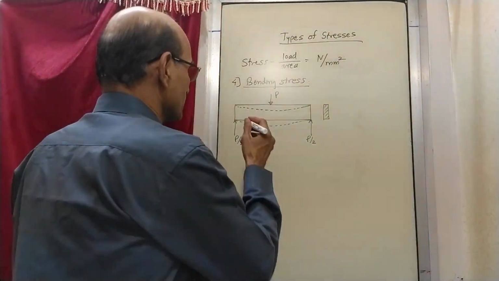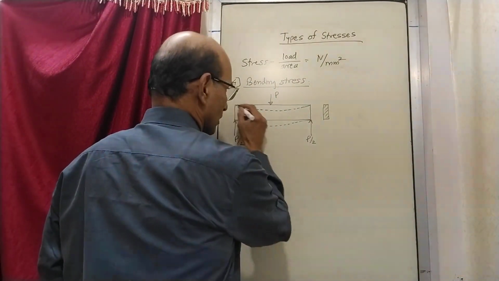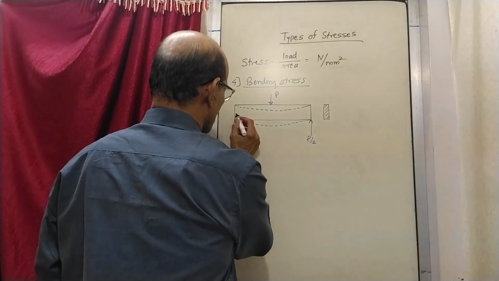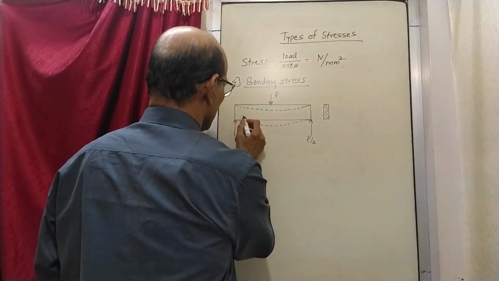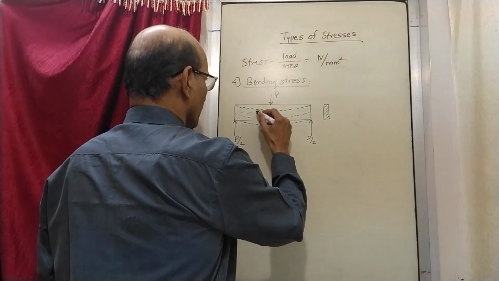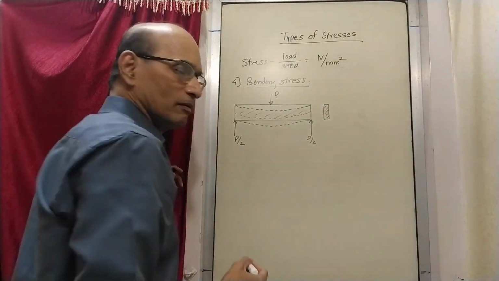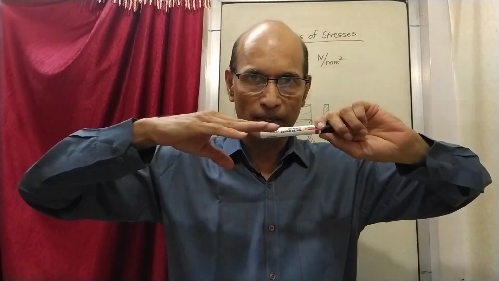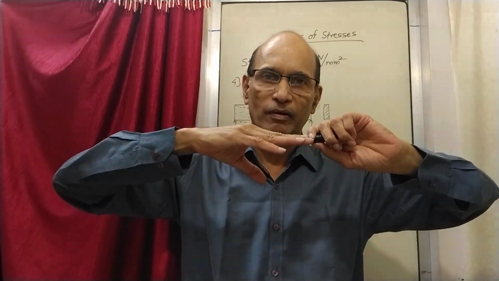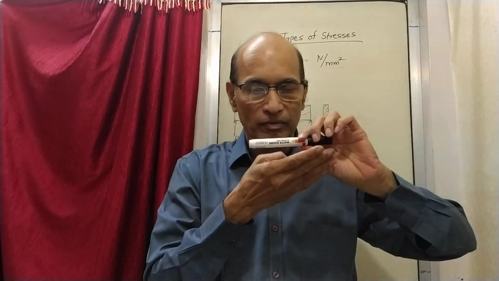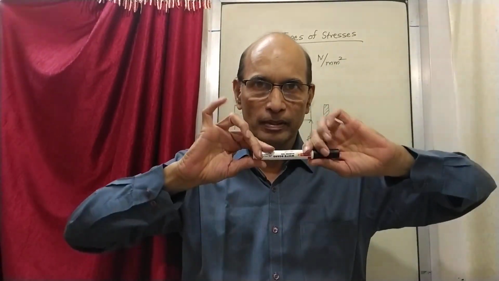So what you now can see is that the fibers, you can imagine this beam is made up of material. The material above the center point, I am just showing the center point, say this is the center line, which has bent like this. Suppose there is a beam and I am bending it like this. Whatever is above the middle line, all the material in the upper part is going to be compressed, and everything in the lower half will be under tension.